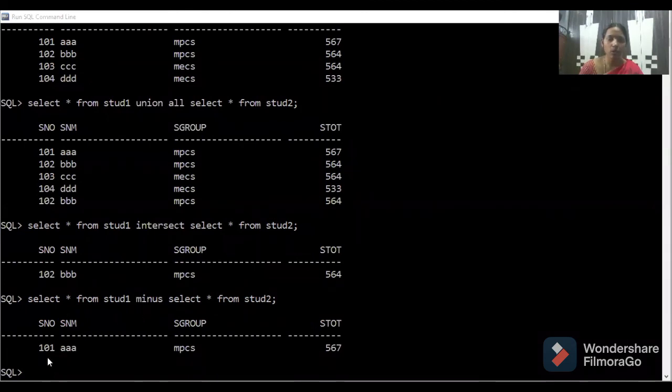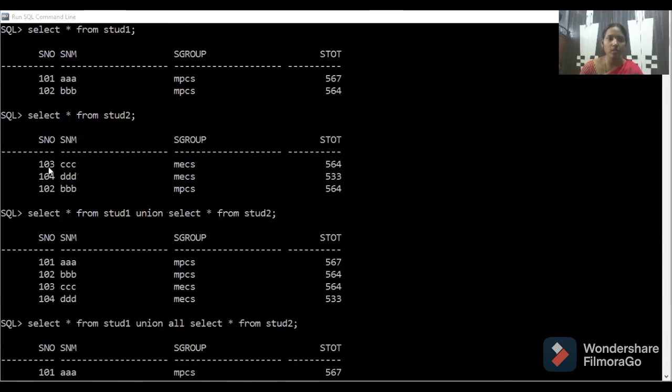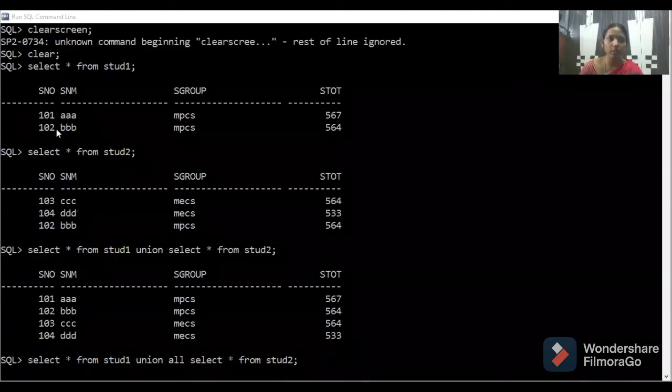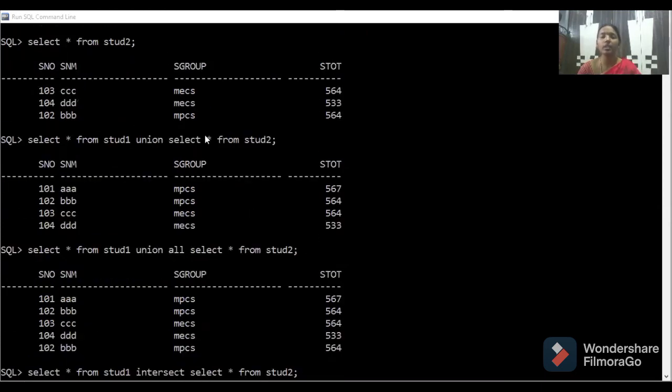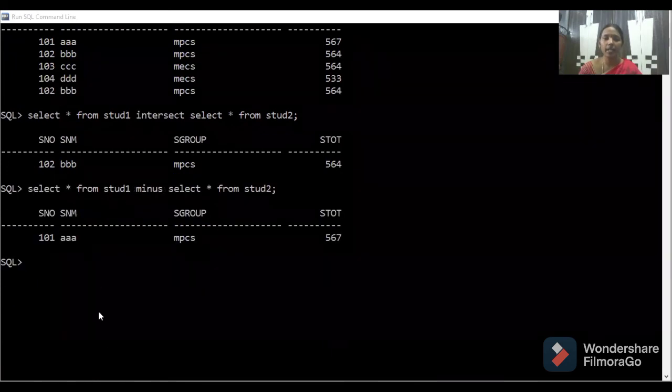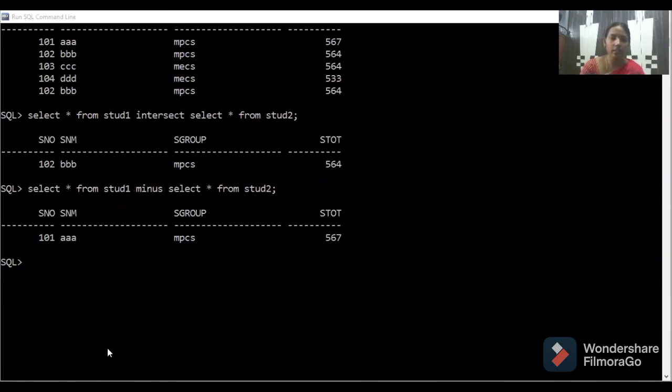Enter minus. What row are you getting? 101 AAA MPCS 567 row is coming. So BBB is not coming from the first table. Why? Because this BBB is the common row for both the tables. So we are excluding that common row, and whatever remaining rows you have in the first table will be displayed here. Consider in a minus case,